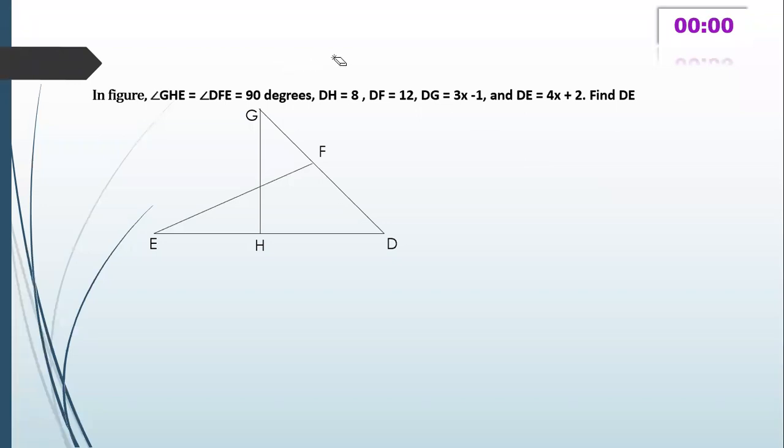So this is also a problem based on similarity. How to do this? You have to prove that triangle DEF is similar to triangle DGH. How to do that? Very simple. 90 degrees are involved here. So by angle similarity, once again you will find that these two triangles are similar. What next? You have to apply the properties of similarity. If you are not acquainted with similarity, then this problem will be hard for you.